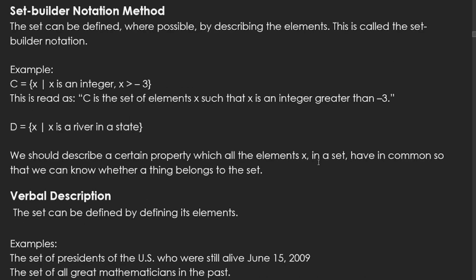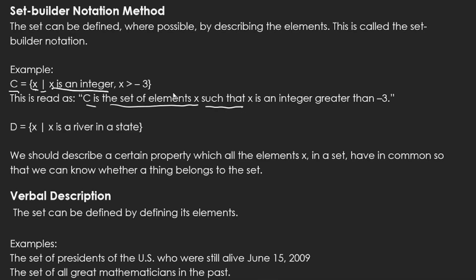Next, we have the set builder notation. It's my favorite. The set can be defined where possible by describing the elements. This is called the set builder notation. For example, we have set C here, and this is read as C is the set of elements X such that X is an integer greater than negative 3. So C is the set of element X, this is right over here, such that